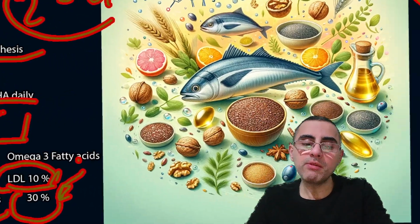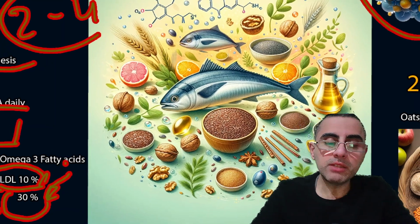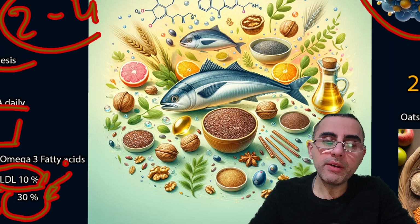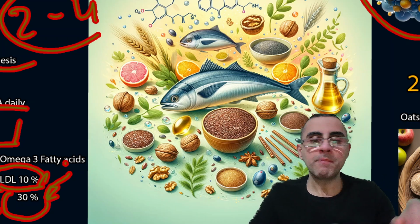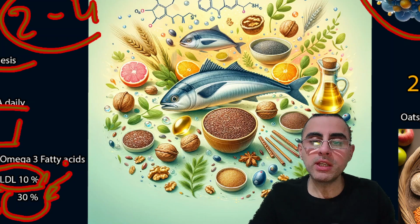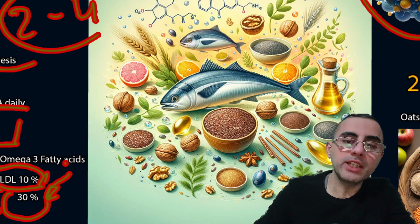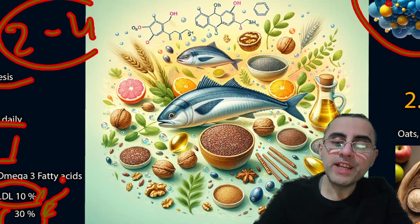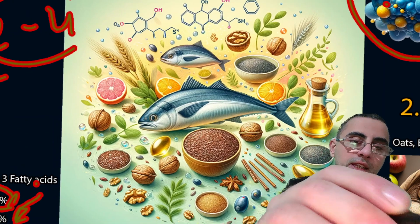And now let's see what foods contain omega-3 fatty acids. Fatty fish, especially salmon, mackerel, and almost any other fish contain omega-3 fatty acids. So it's important to eat fish twice a week. Also, nuts and flaxseed contain omega-3, but we should mention that nuts and flaxseed contain